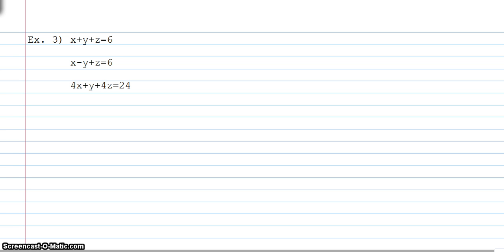Let's look at another one. So again, I see, well, maybe I can get rid of my y's this time, since equation b has a negative 1 coefficient, but equation a and c both have a positive 1. So maybe that'll be an easy one to get rid of. So I'll go with a and b first. Again, using b as kind of my manipulator, my middleman. So x plus y